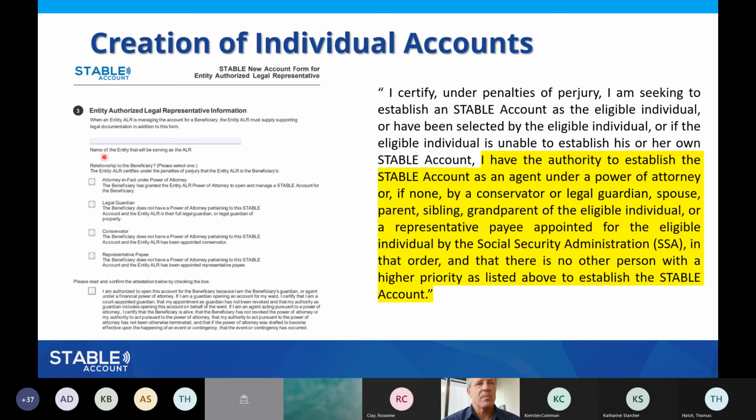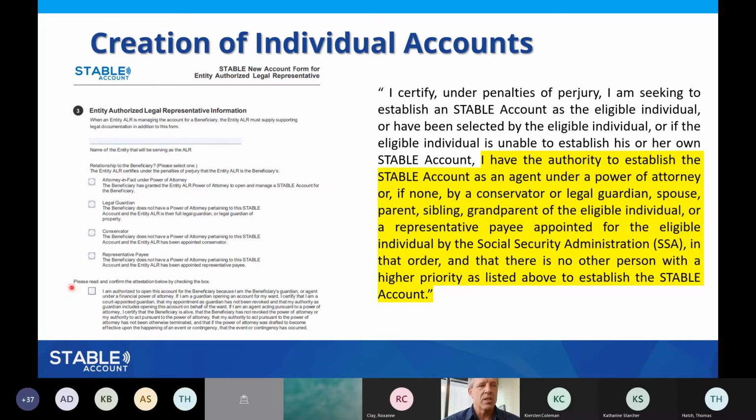So you'll see on the left hand of the page, this is the third page of that paper copy of the application. And it's going to ask for the entity's name, and then it asks for what the entity's capacity is in managing these accounts. So what is your authorization? And it lists currently 4 options. It lists essentially attorney in fact under a power of attorney, legal guardian, conservator, or representative payee. Those are typically going to be the 4 options that apply to a company, and you need to be in one of those categories to authorize you to then be able to do this.